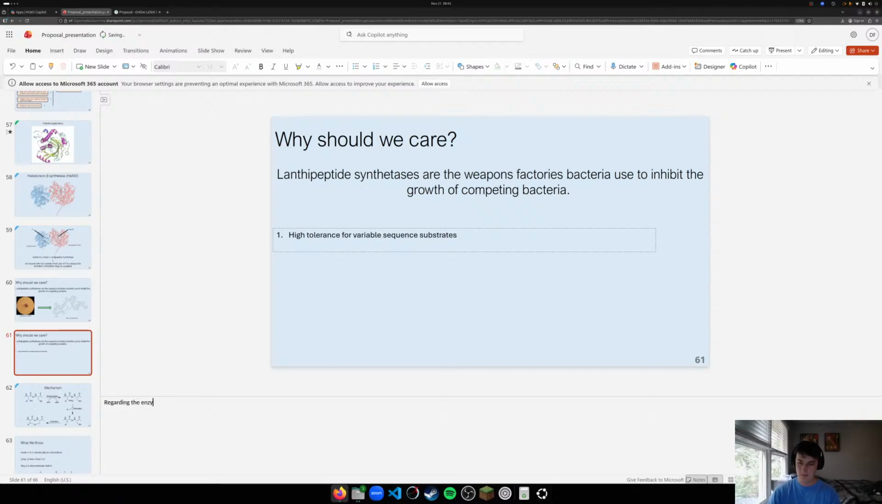Regarding the enzyme itself, studies have shown that it is capable of handling peptides with variable sequence length and composition. This makes sense if you consider